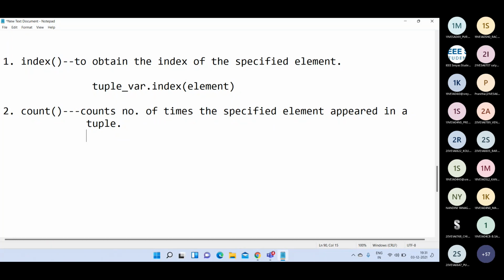That is given by the count function. The syntax is tuple variable dot count of element. That is the count method. Okay.